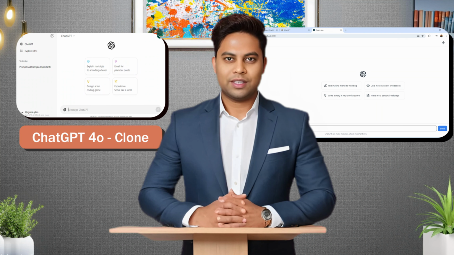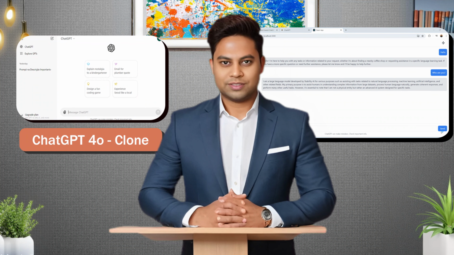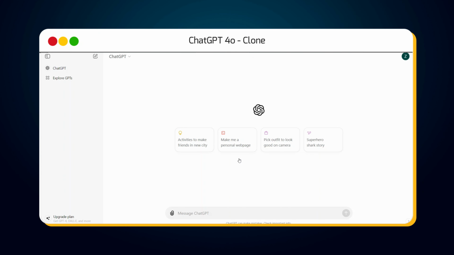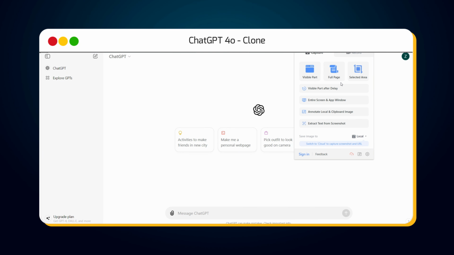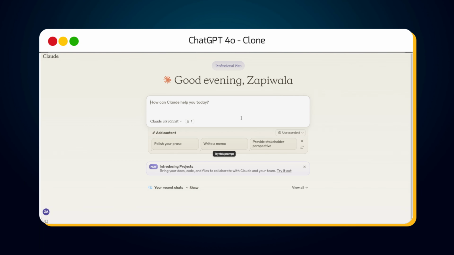After all these, I thought to challenge Claude 3.5 Sonnet by giving a tougher task. I was thinking if Claude 3.5 could create a working clone of ChatGPT 4.0 using its screenshot. So I went to ChatGPT and took its screenshot. Then I went back to Claude AI, uploaded the screenshot,